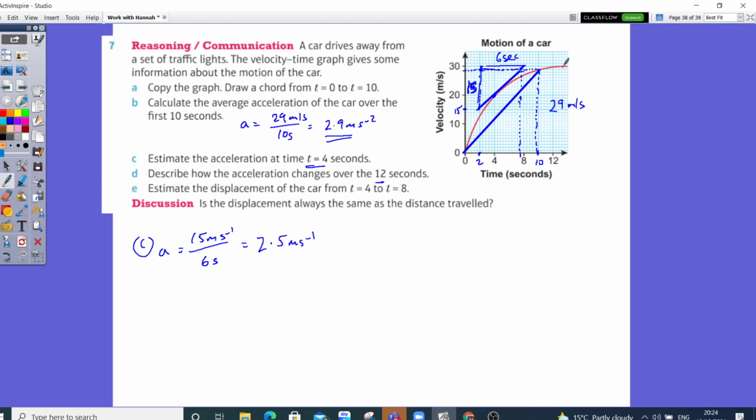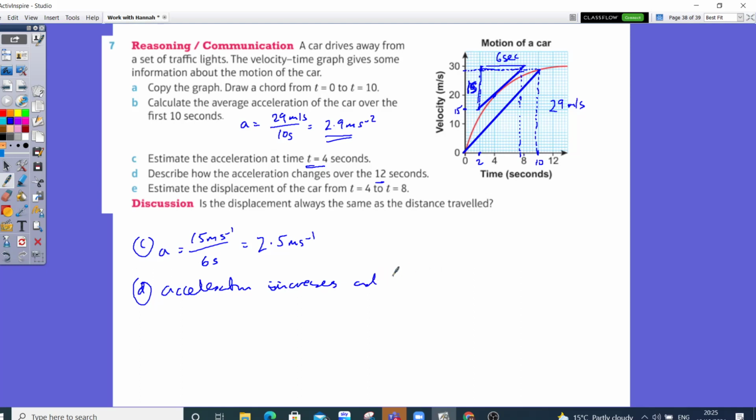It then becomes almost there, where the speed becomes constant. So if I was to describe that, the acceleration is slowing down. Okay, so acceleration is decreasing. Let's say acceleration increases,